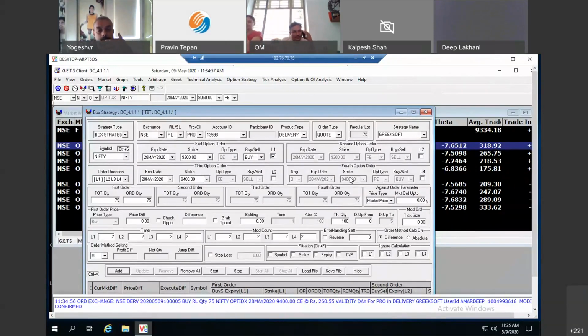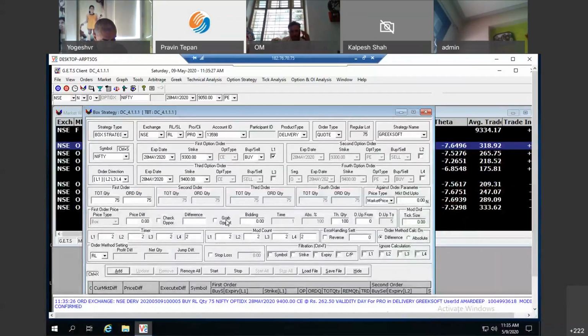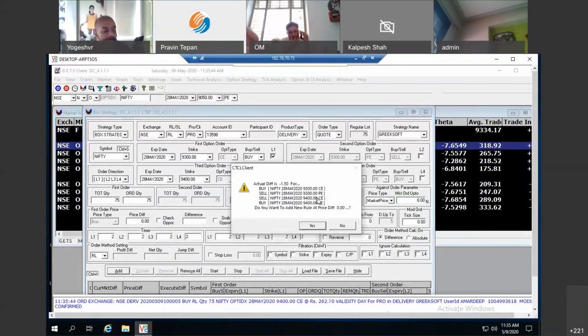So this is a vanilla box strategy wherein I am only allowed to choose the first option and third option. That is 9300 and 9400, and accordingly the second and fourth options are done automatically. This is a box strategy. Let me quickly add. It will say the actual price difference is 1 rupee 50 paise.